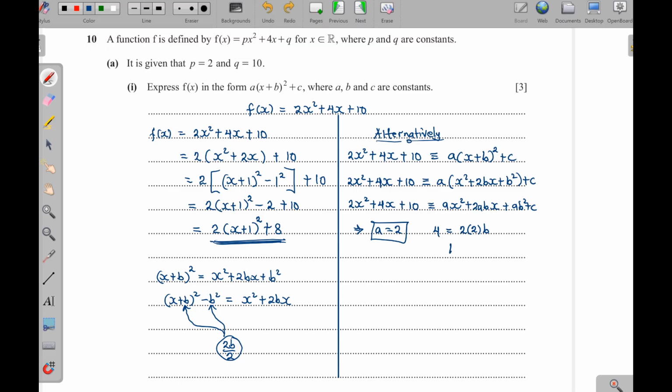That means b is going to be equal to 1. You see that? Then go to the constant part, that is 10, which has to be equal to a times b squared plus c. So our a is 2, our b is 1, then plus c. Bring this to this side, 10 minus 8, then c becomes 2. And then we can conclude and say that